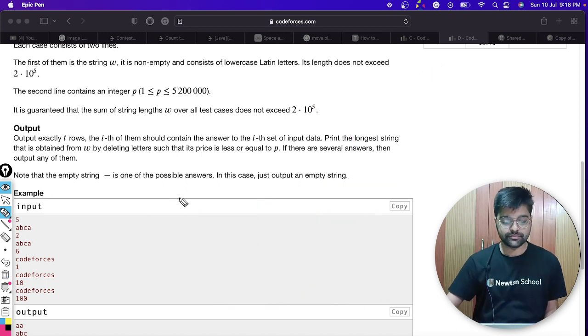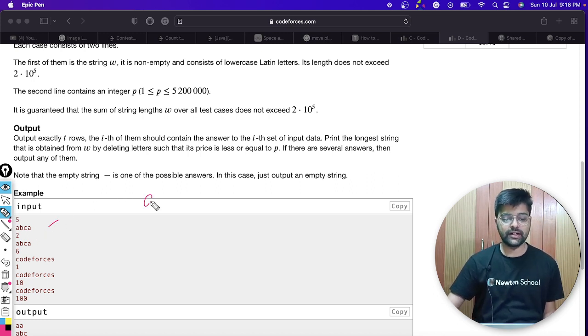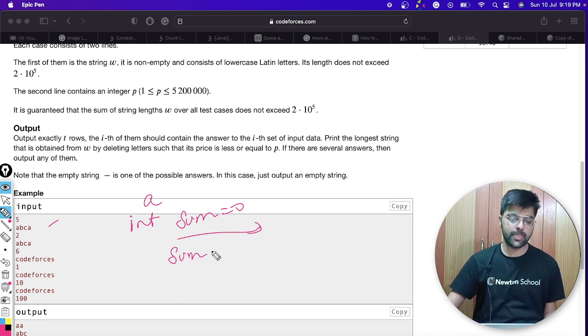Then what I will do is, first I calculate the total score, that is the sum of these values. So how do we calculate the sum? Let's say I put integer sum equal to 0, and I traverse through the string and add sum plus equal to wi minus a plus 1.